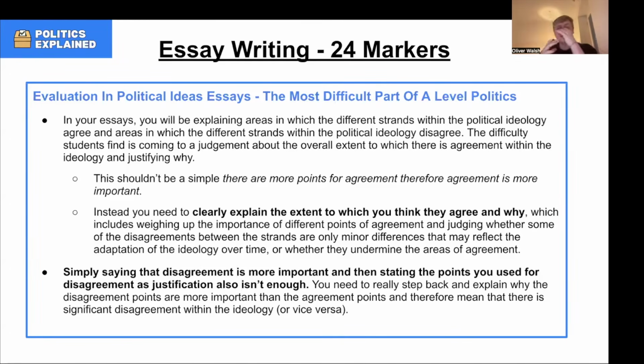Do they disagree more? What is the extent of agreement? And being able to justify it. This shouldn't be as simple as there are more points for agreement, therefore agreement's more important, or vice versa. Instead, you need to clearly explain the extent to which you think they agree and